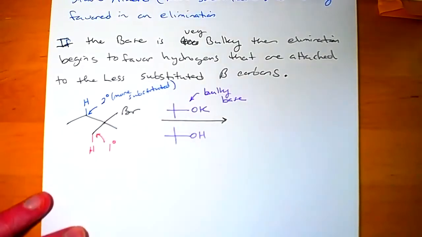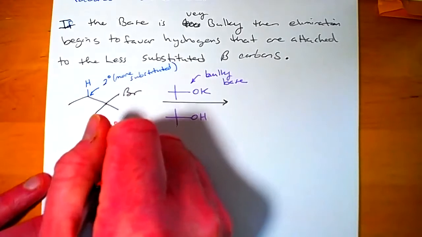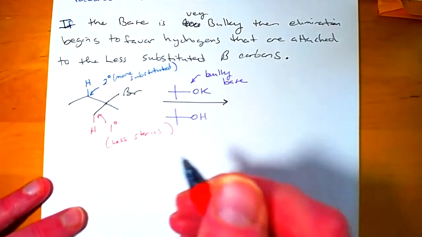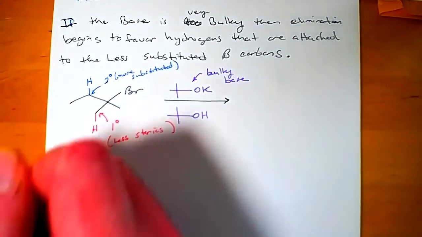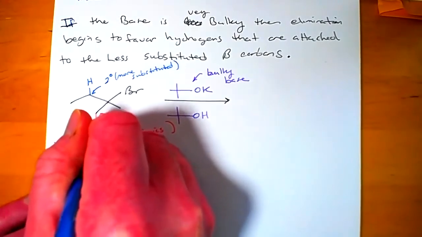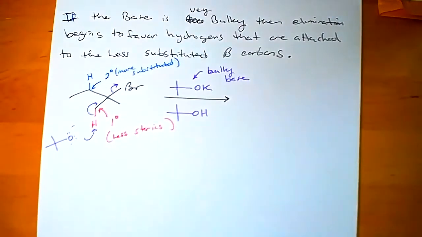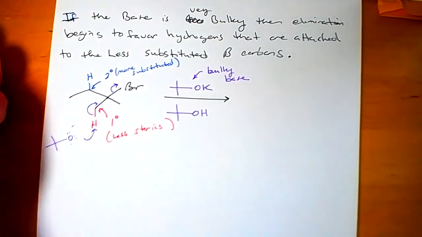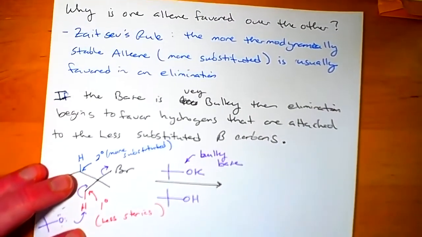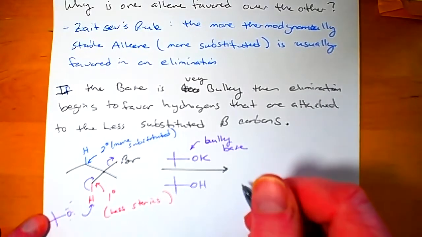And so this hydrogen down here on the bottom has less sterics associated with it. So that just means that the base, tert-butoxide, is going to have a little bit easier time removing, okay, that hydrogen. And so that means that what we would see in our product mixture this time is for